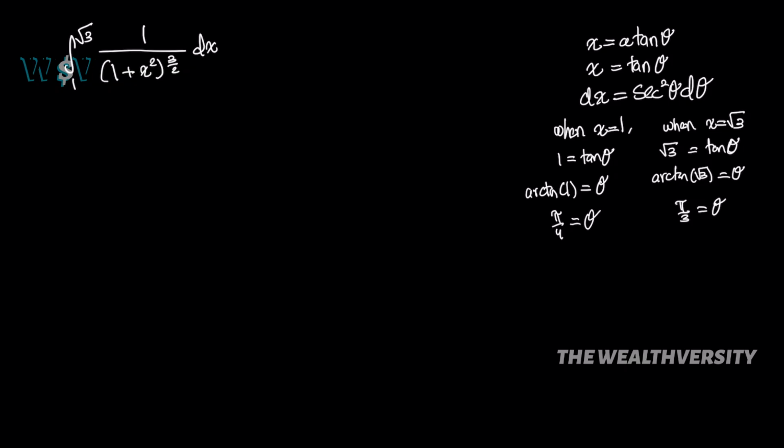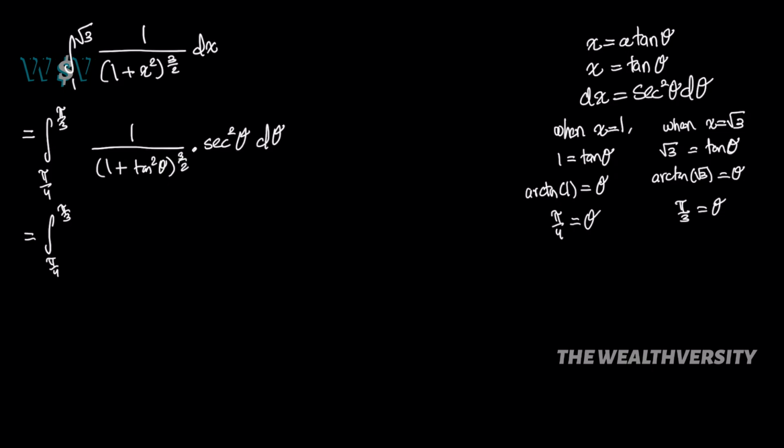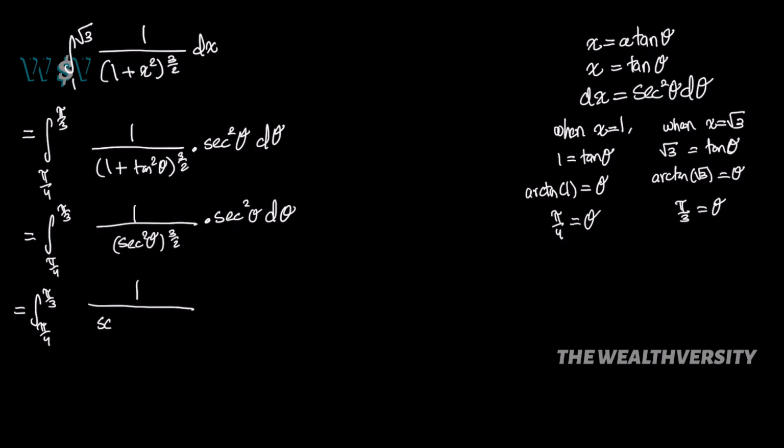Now we sub everything into the integral, and we get the integral of 1 divided by 1 plus tan theta squared to the power of 3 over 2 times secant theta squared d theta from pi over 4 to pi over 3. As we know, 1 plus tan theta squared is a trig identity that is equal to secant theta squared, and now we will make the denominator equal to secant theta squared times secant theta squared to the power of half. All we did was break up the exponent 3 over 2 into 1 and 1 over 2,